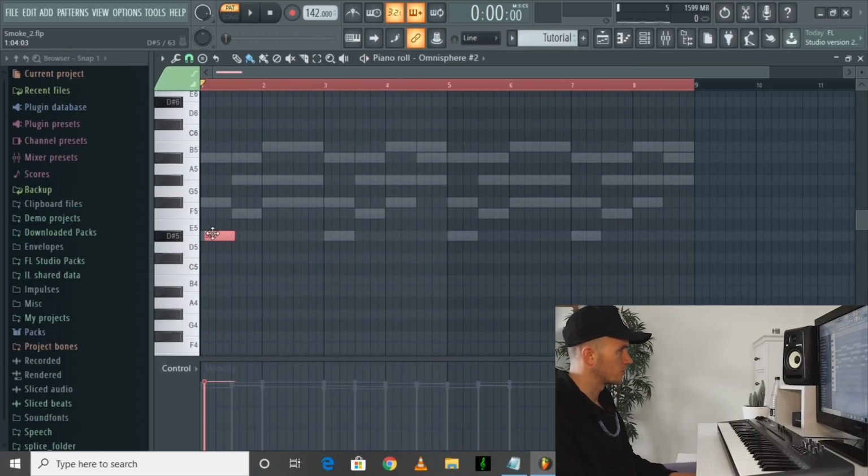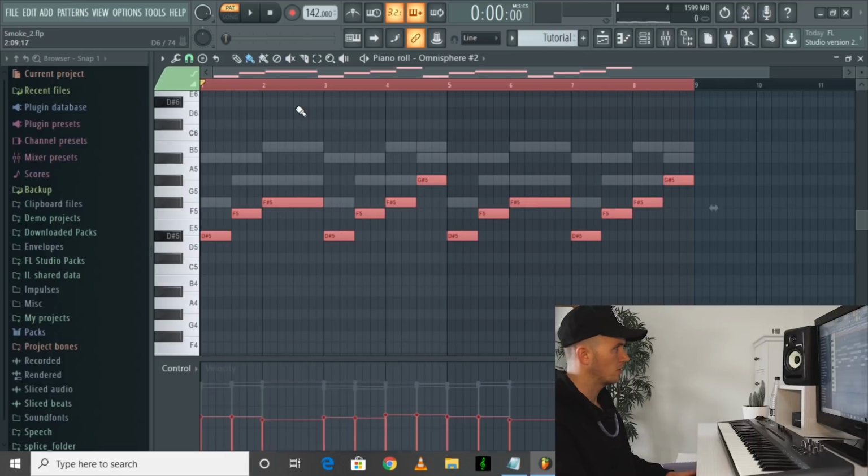And then for the strings, I'm just going to follow the bottom notes, the root notes. And now we've got